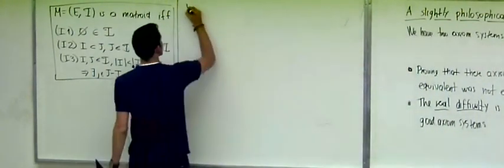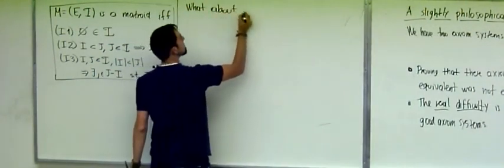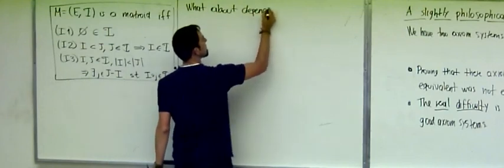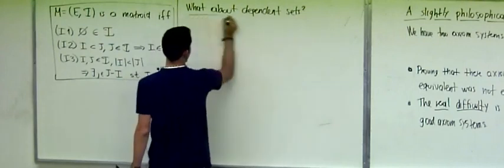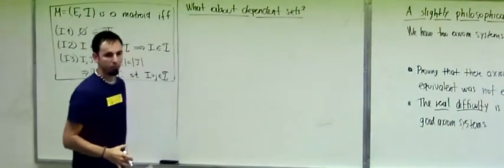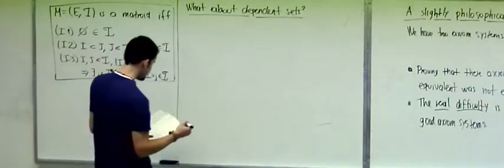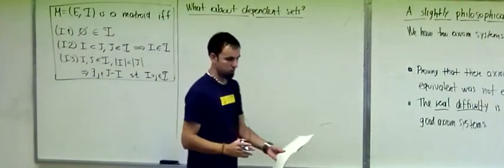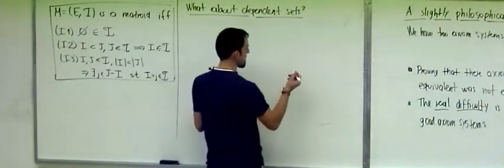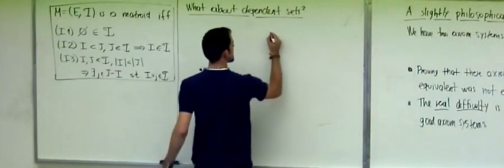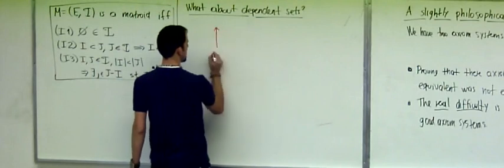And let me ask the question, what about dependent sets? Maybe these are the things you care about, so let's study those. And again, maybe a good way to motivate this discussion is just to go back to the same example that we keep talking about. So either if you have a vector configuration like this,